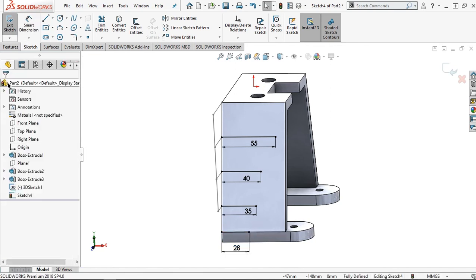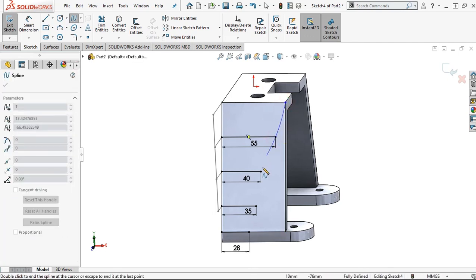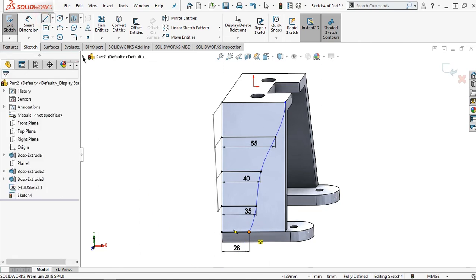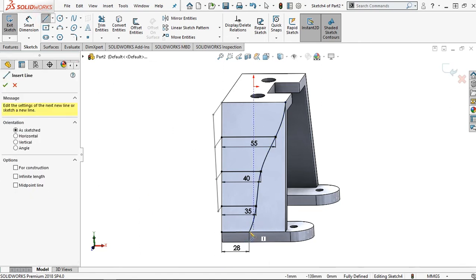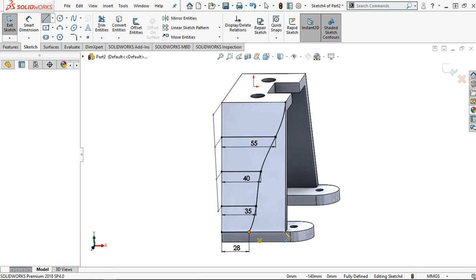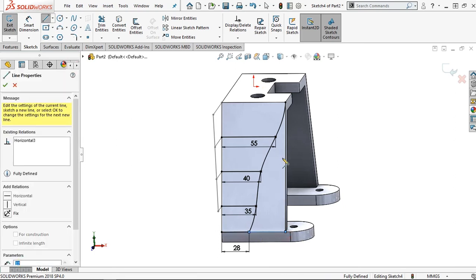And then let's click to this line, start from this point, and then let's connect to each other. Then okay,